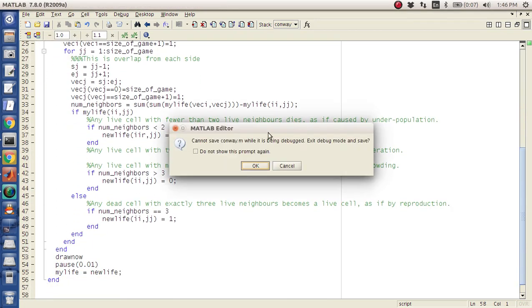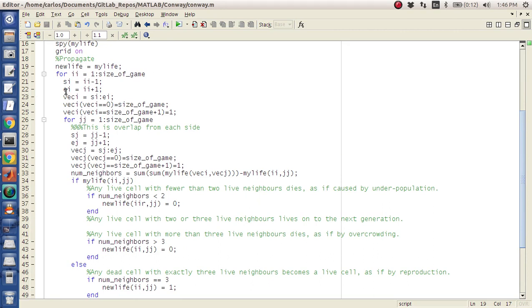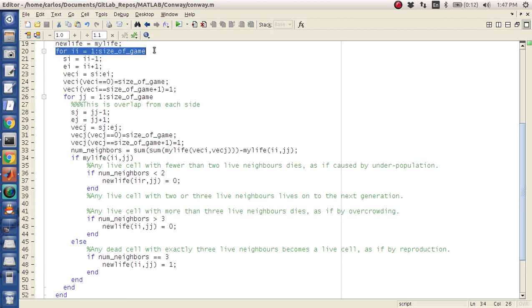Alright, looks good. Alright, so basically what happens is I go through and I spy the life, and then I save this new matrix from the old one. And so I loop through the size of the game. I coded in some overlap in here to make sure that you could actually overlap on each side. But what I do is I basically compute the number of neighbors. So if the current cell that I'm going through, I use a double for loop here, is alive, then what